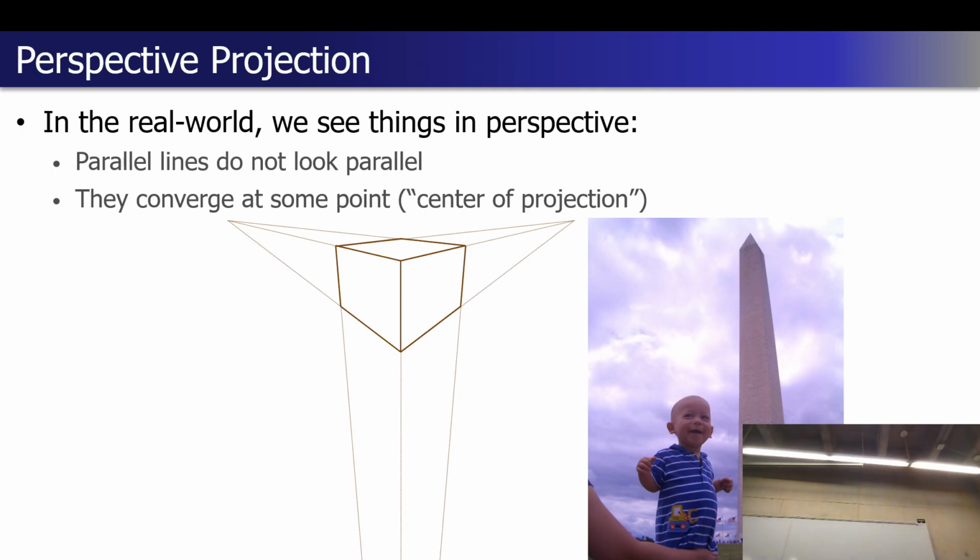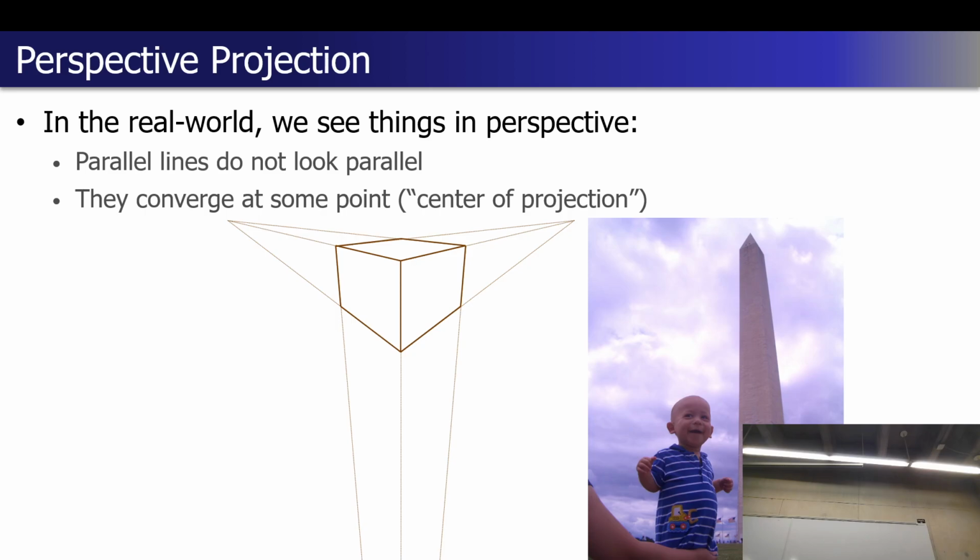It's the best photo I could find of my son when he was very young, being projected in front of the Washington Monument. You can tell it's an old photo. It still had some renovations done after that. It doesn't quite look like that today. Things that are actually parallel to each other don't necessarily look parallel, and there's some center projection, there's some conversion